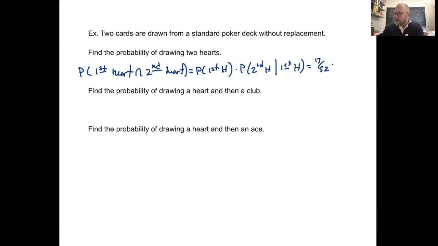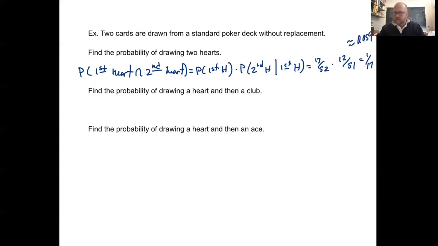But this was without replacement, so we will have 12 hearts left, out of 51 cards. I'm going to get this on my calculator real quick. It ends up being 1/17. And if you'd like a decimal, it's about